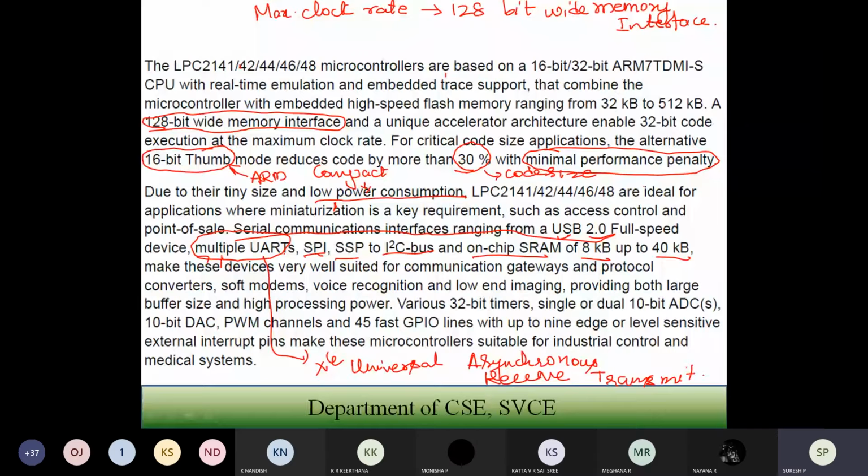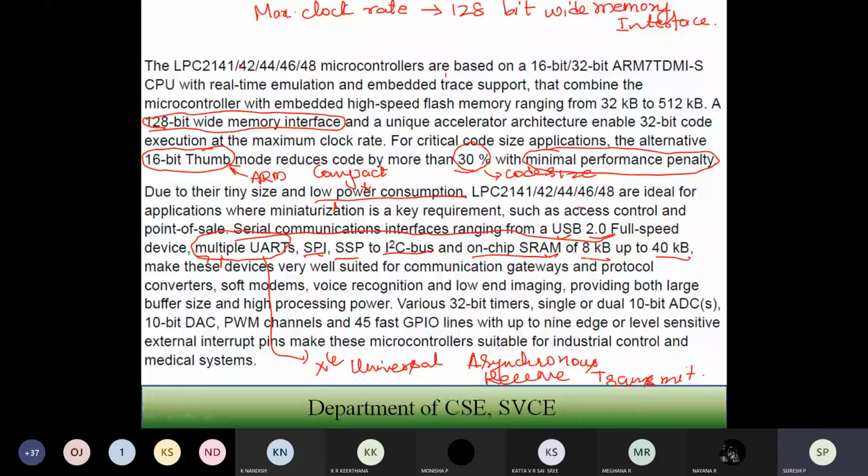When you want to connect multiple UARTs, or use the serial peripheral interface, SSP, the I2C bus, and the on-chip SRAM, it has a size of 8 kilobytes up to 40 kilobytes.